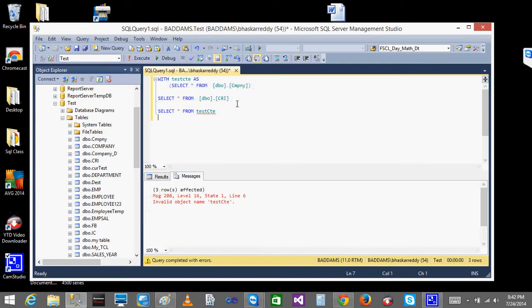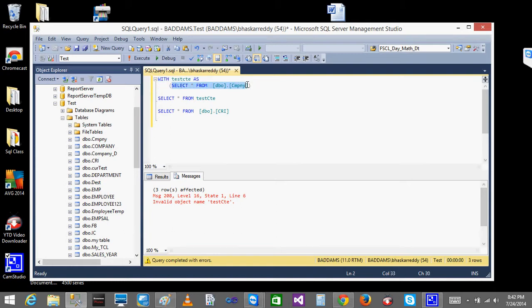I am not using the CTE in the next step, but I am using it after one step. After creation of the CTE, I add one step, and in the second step I use it, but you will not get that. You can use the CTE only immediately after creation. You can't use a CTE after that. So what basically the system does is, when you execute this first step, what happens?